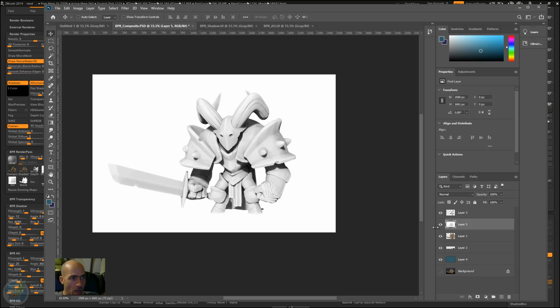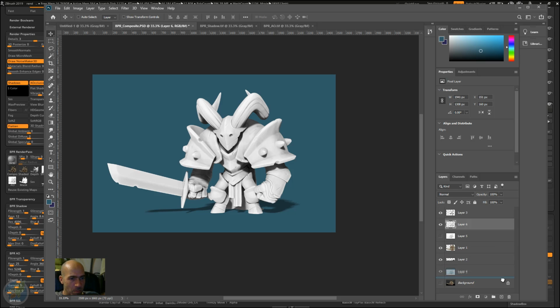So yeah, assuming that they are the same size, and they are. So I will control click this here, so we'll have this selected, then control J. Then I will delete this by dragging it into the garbage bin, just drag it there. And now we'll have the ambient occlusion layer, which I might need to colorize a bit, because now it's black